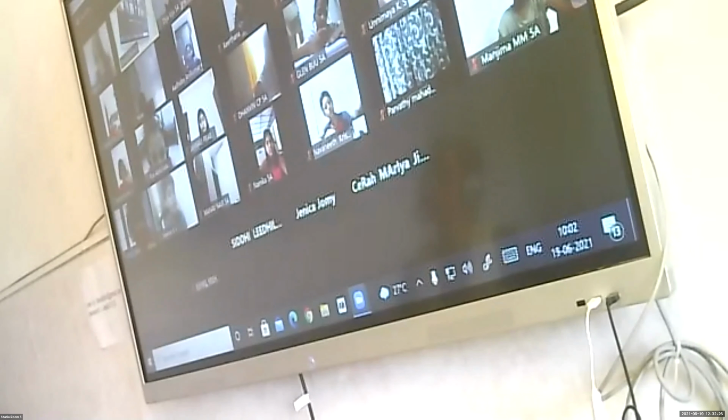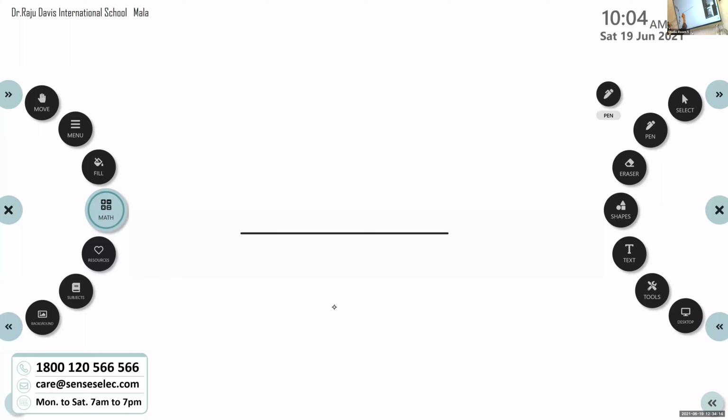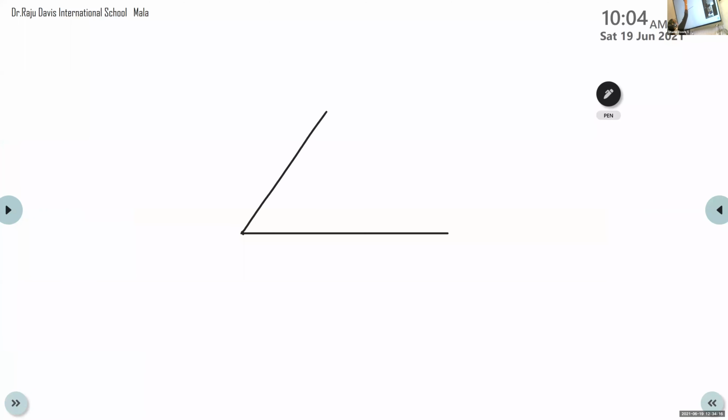So an angle can be written as, you can give any angle in the name as only one letter. You can use the angle as only one letter, or you can use it as a three-letter word. Okay. So you can write an angle using only one letter, or if you want to make an angle, another line is there, another ray, it will form an angle A, O, B.